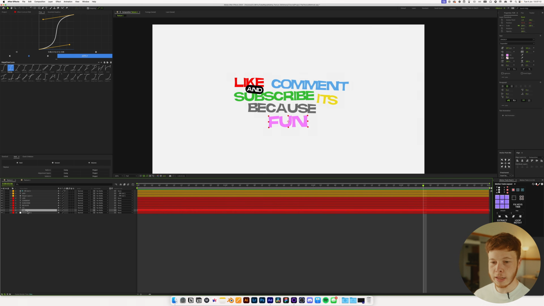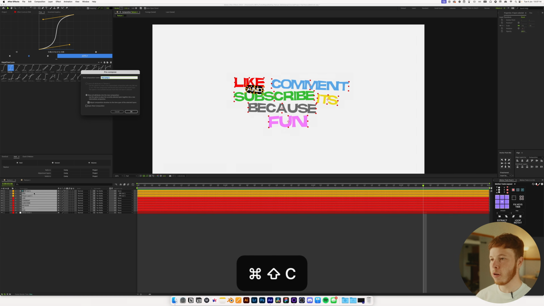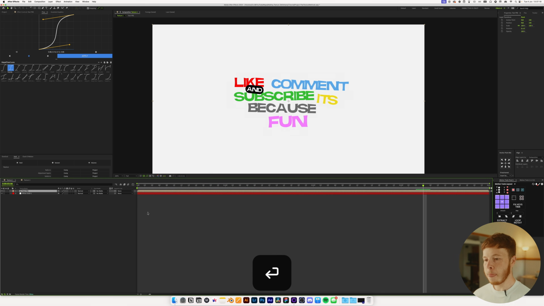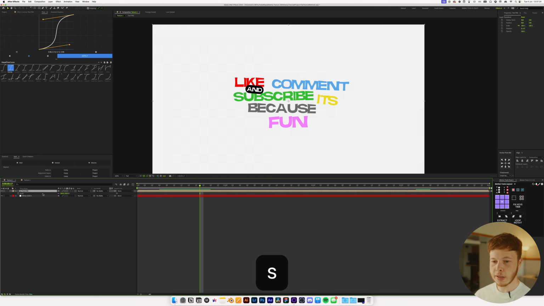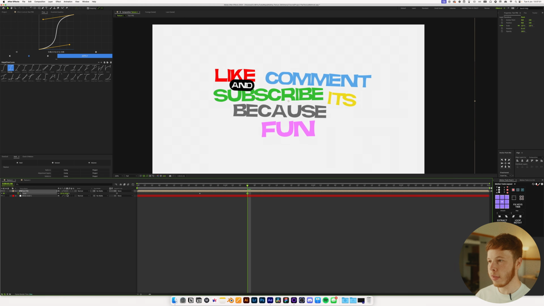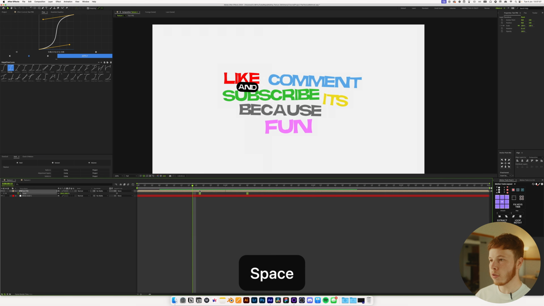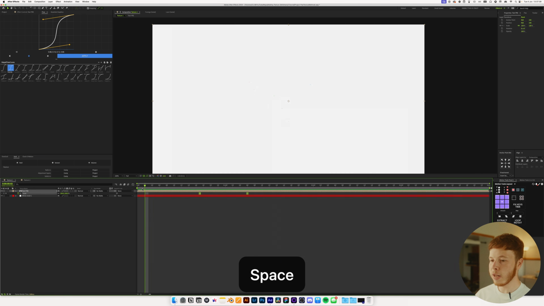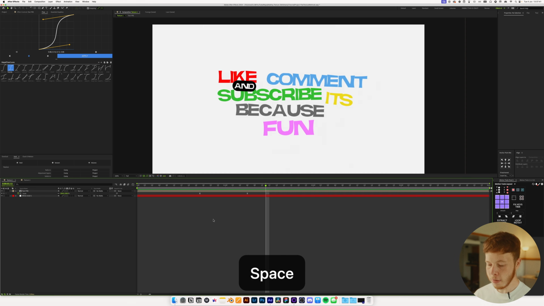main bit. Now we can take all of this and let's pre-comp it and just name this text pre and hit enter. And then we can add another scale animation. So once this comes up like that, then we can hit S right here and keyframe the scale and go forward, and let's just zoom in a little bit like that and just add sexy speed. So now we get another little bit of movement in there. So it comes in and then again, and then what I did in the initial title animation that I did